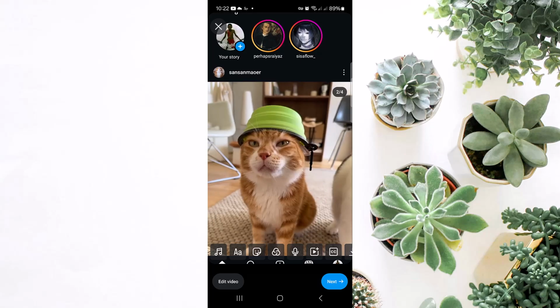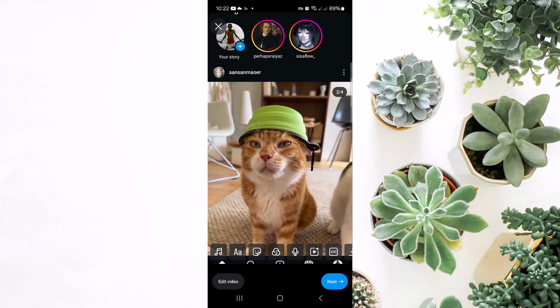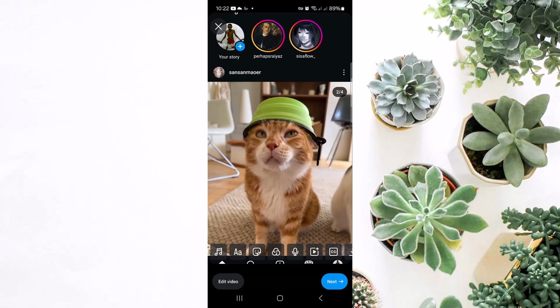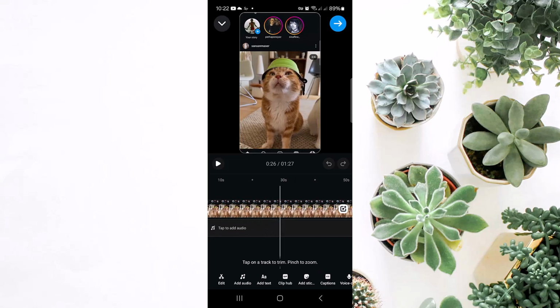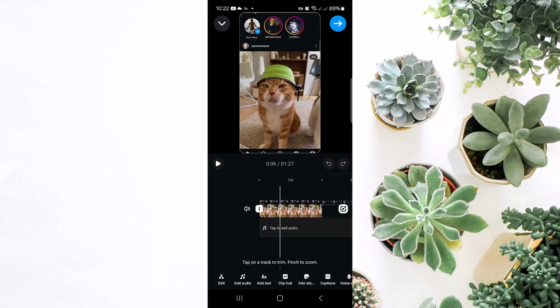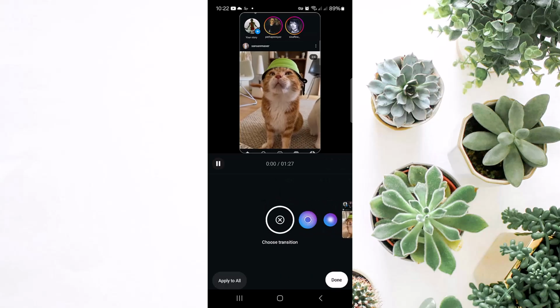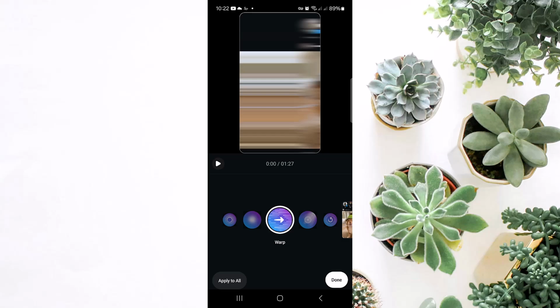Then you can see there is an option on the lower left corner, edit video. Head over to it. Then click on the option of transition. It's right there, and here you can just choose any sort of transition like this one or this one